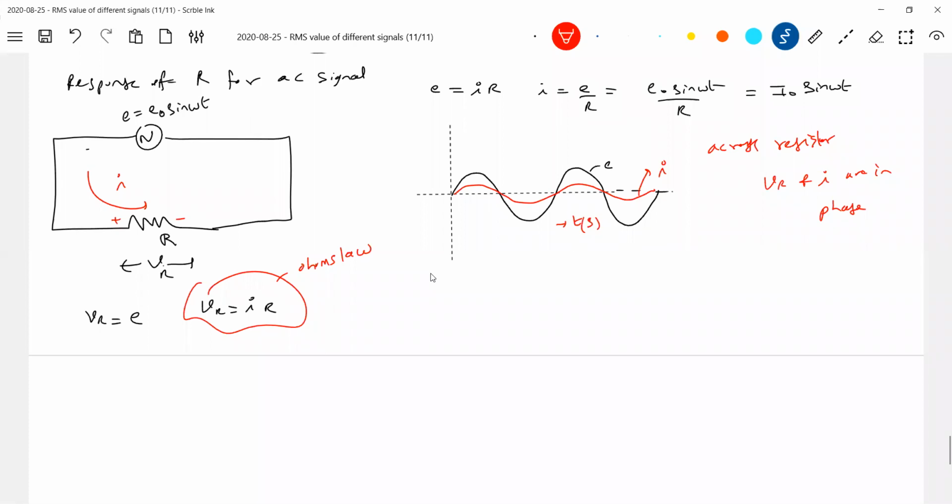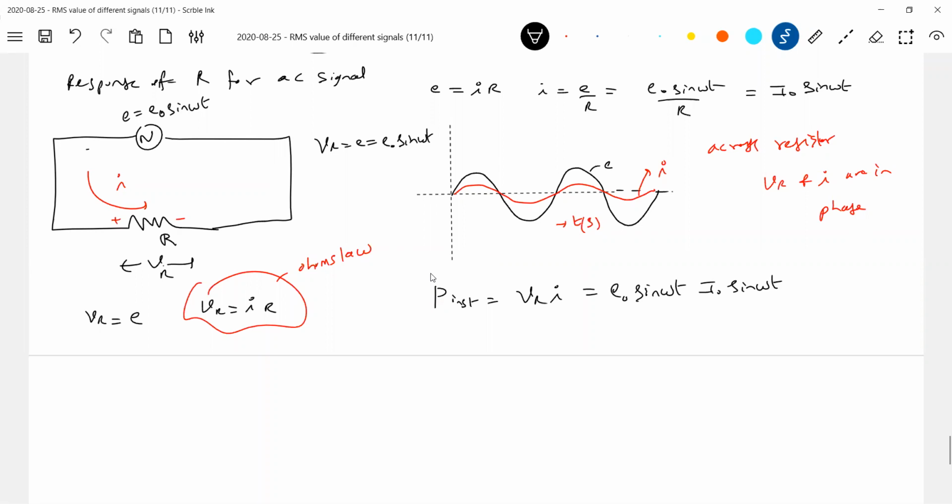Let's go for the power. I'm interested in the power, no, because everything we are more focused on the power. So how to define the power? Instantaneous power should be equal to VR into I. I'm writing VR equal to E. Or write it here. Is it okay? Now you write it E naught sine omega t, and this is I naught sine